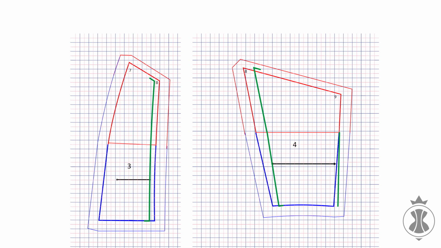Let's now count how much we have removed from the top edge when we were adjusting the pattern details number 3 and number 4. The front was reduced by 0.5 centimeters and the back by 1.2 centimeters, which is 1.7 centimeters in sum. 0.5 plus 1.2 equals 1.7 centimeters.